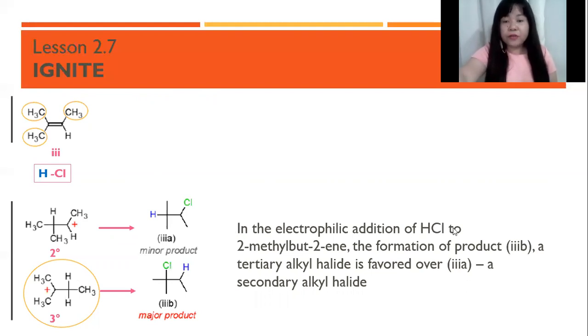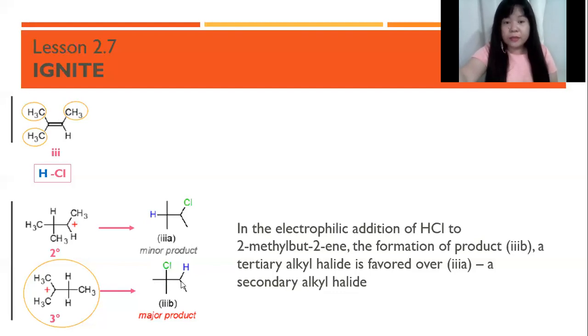So in the electrophilic addition of HCl to 2-methyl-2-butene, the formation of product 3B, a tertiary alkyl halide, is favored over 3A, which is a secondary alkyl halide. It's considered a secondary alkyl halide because the halide part is attached to a carbon which is attached to 2 other carbons. On the other hand, 3B is considered a tertiary alkyl halide because the halide part is attached to a carbon attached to 3 other